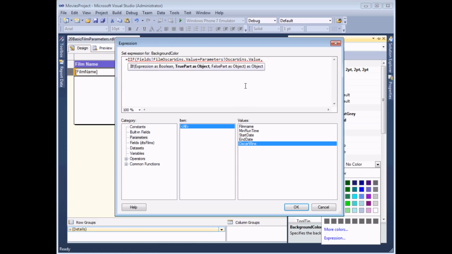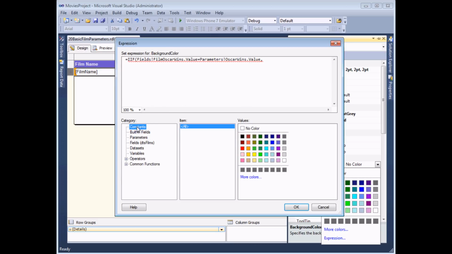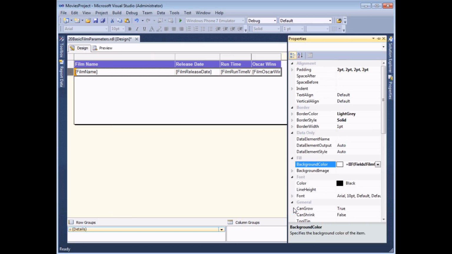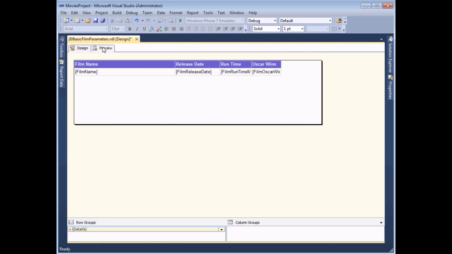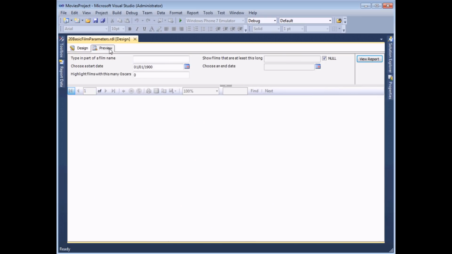If I type in a comma, and if that value is true, I want to apply a specific colour to the row of data. I'll colour it in this lovely lime green colour. If I then type in another comma, I need to choose a colour that films without that number of Oscar wins are coloured in. I'm going to choose basically white, so that it doesn't look as though those are coloured in at all. If I close the round brackets and then choose OK, and finally preview my report,